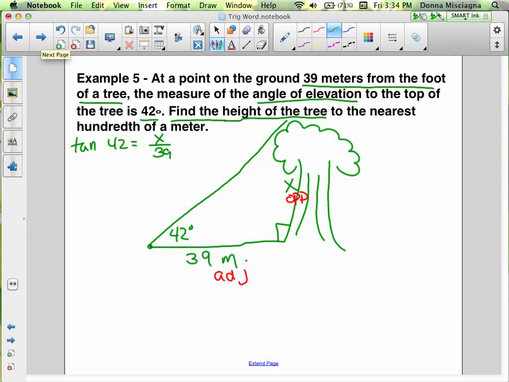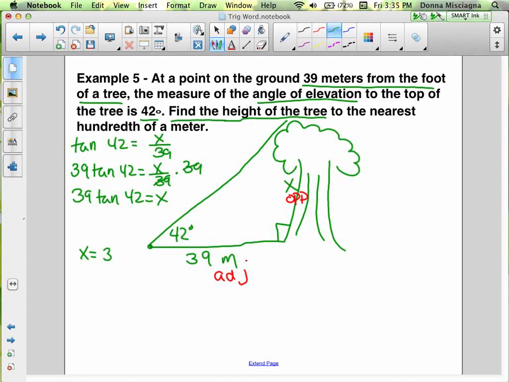We need to isolate x, so we'll multiply both sides by 39. So we have 39 tangent 42 equals x divided by 39 times 39. That cancels. So we have 39 tangent 42 equals x. We can now just plug that into the calculator to find the height of our tree. So 39 times tangent 42 is going to give us